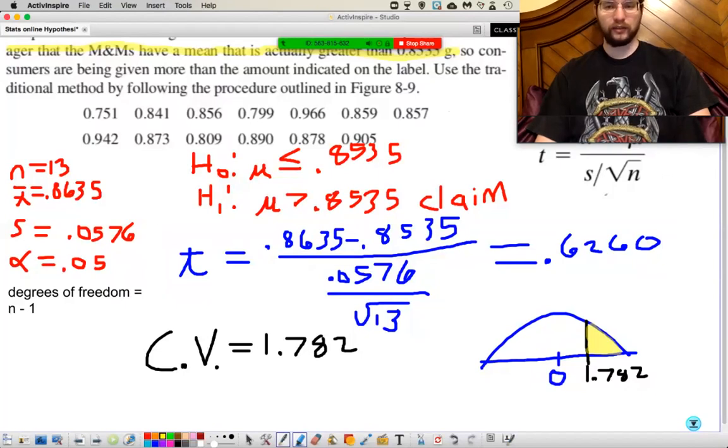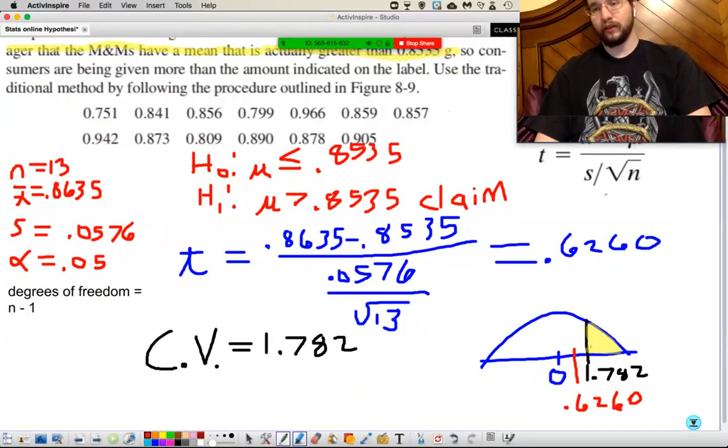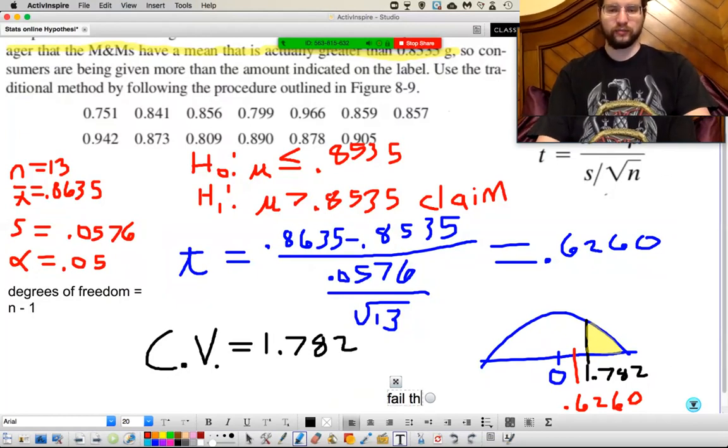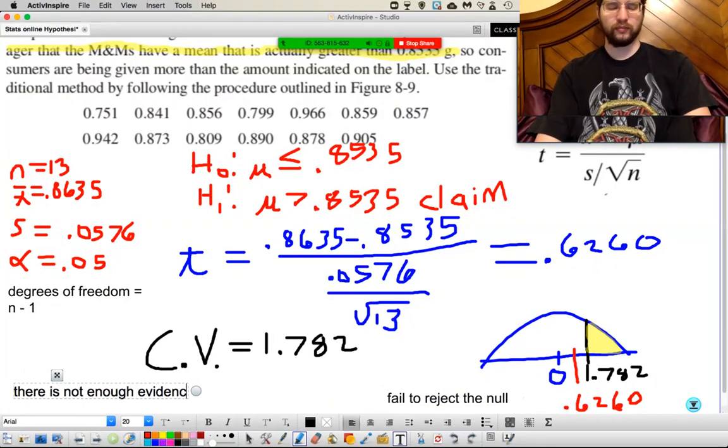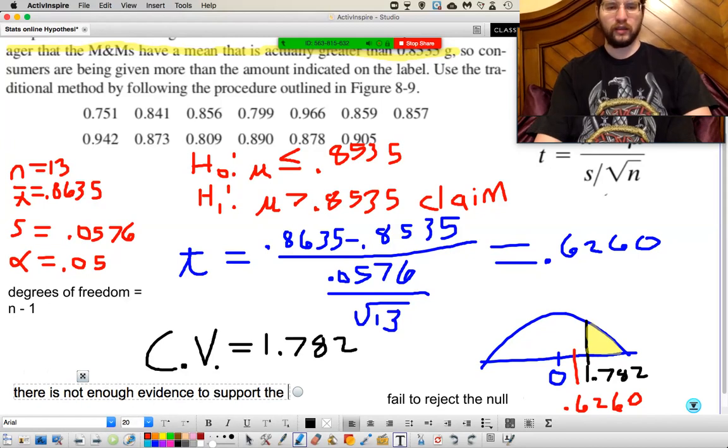Okay, now we plot our test statistic. T is 0.62. I'm gonna stick it right there. It's outside of the rejection region. So from here on, it's the same thing. We fail to reject the null. Since we fail to reject the null, and our claim was in the alternative, there is not enough evidence to support the claim